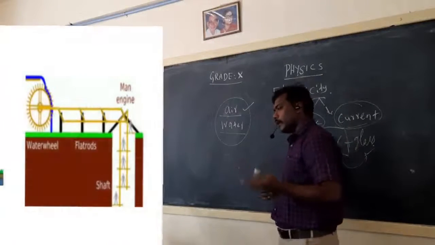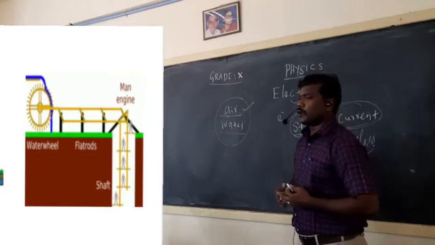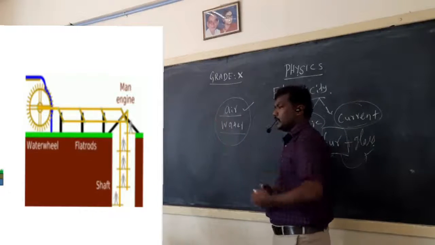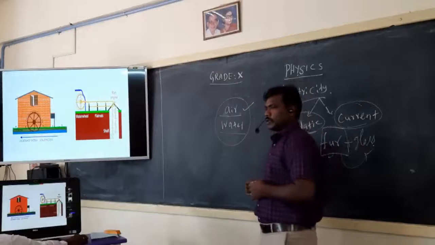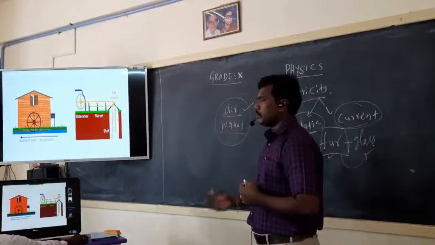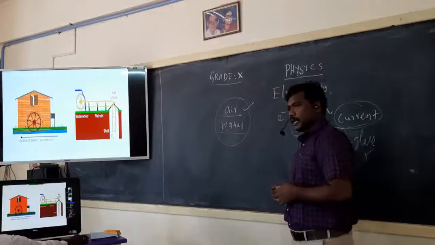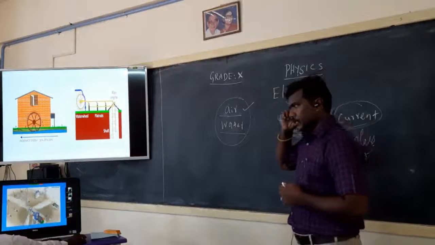If you want to lift any object, so in this diagram, I give the human sources. The human is moving from the bottom of the building to the top. One purpose is lifting some of the objects from the lower part to the upper part, and another purpose is the production of electricity. Okay, see the diagram.